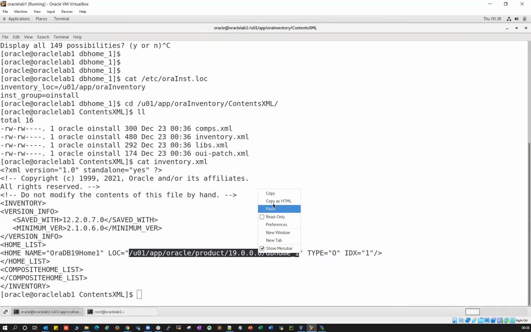The other way you can verify is with opatch lspatches, in /u01/app/oracle/product/19c/db_home/OPatch. The opatch lspatches command gives you the default patches installed on that Oracle Home. That's one way to verify your Oracle Home. Instead of lspatches, you can also use lsinventory, which gives you a long description of all the patches and inventory information. That indicates the Oracle Home you installed is perfectly fine. So now the Oracle Home installation is done.